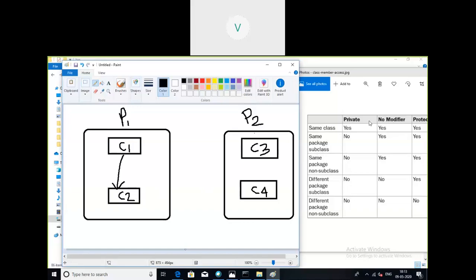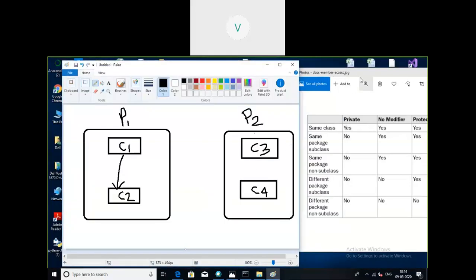Before I go further, I have to explain the same class. What the same class indicates here is that all the data members of a class are accessible by all the member functions of the class, whether private, protected, or public.